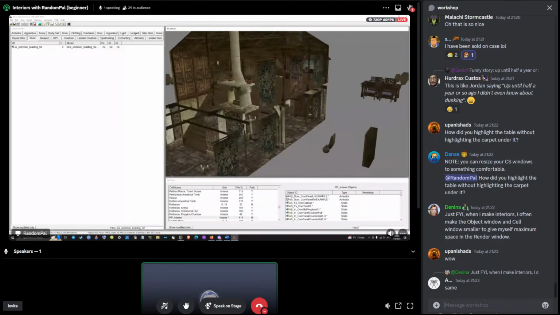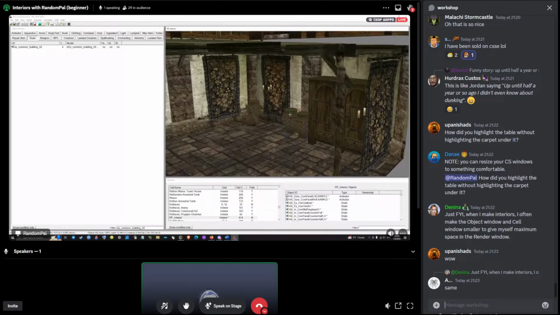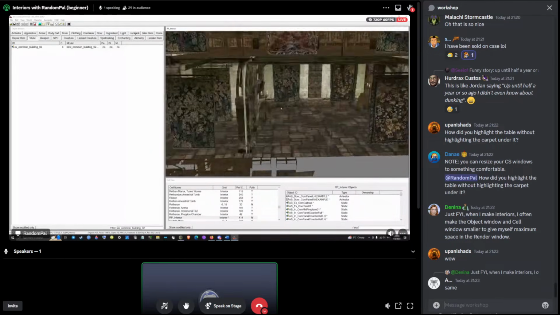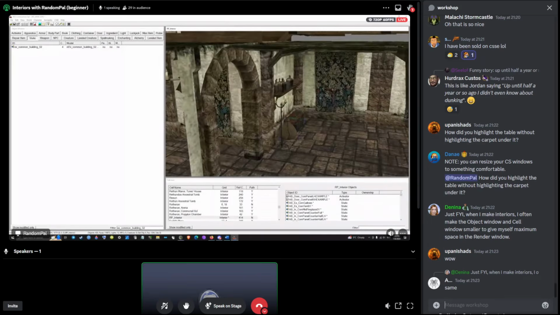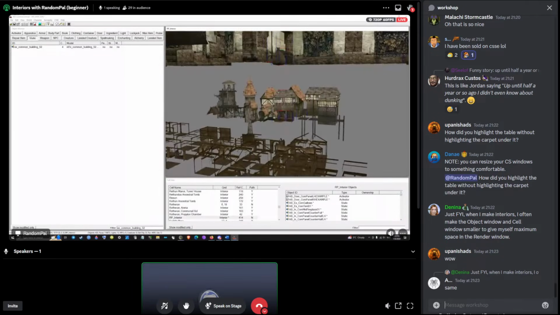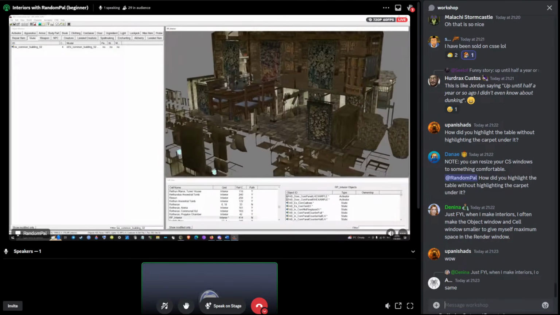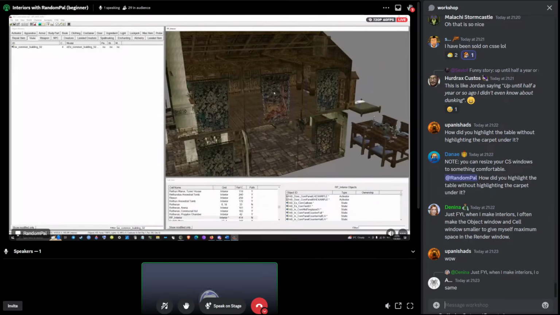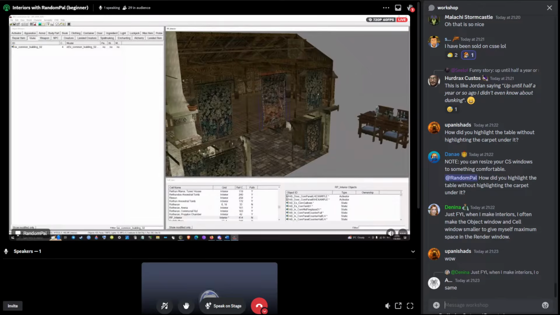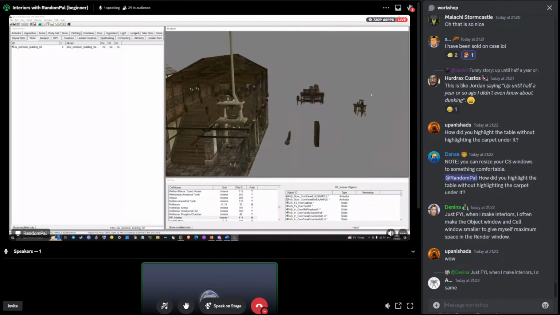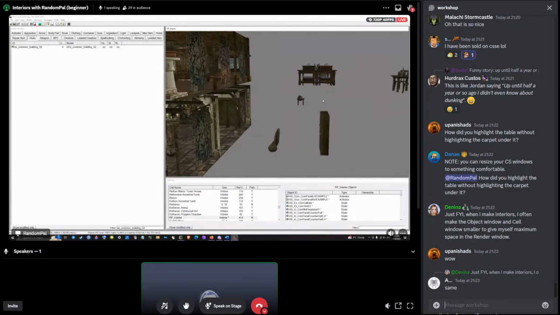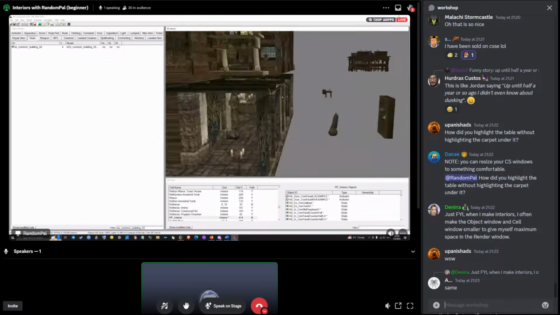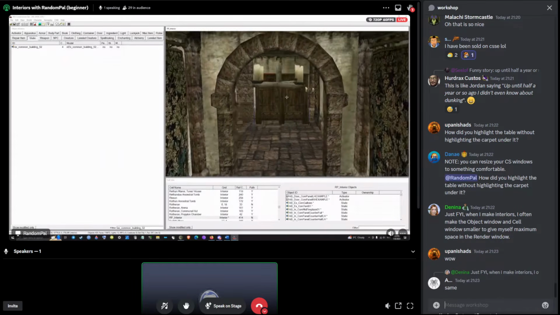Okay, once we moved everything out of the way, now we have to decide what the interior is going to look like, what we want to do with this interior. And I think we don't have any clear idea of what this specific interior is going to be. So I don't have any line I should follow. I can just do my own thing, and